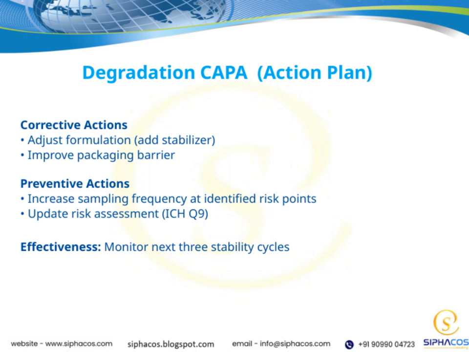to catch issues early. We're also updating our risk assessment in line with ICH Q9 guidelines to ensure our approach is current and comprehensive. Finally, to measure the success of these actions, we'll monitor the next 3 stability cycles. This ongoing review will help us determine if our corrective and preventive measures are effective in maintaining product quality over